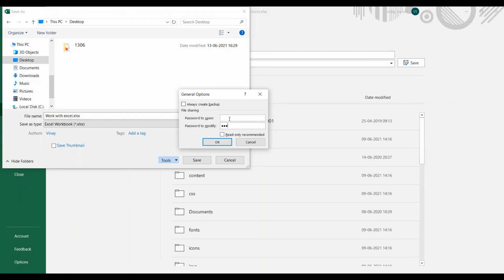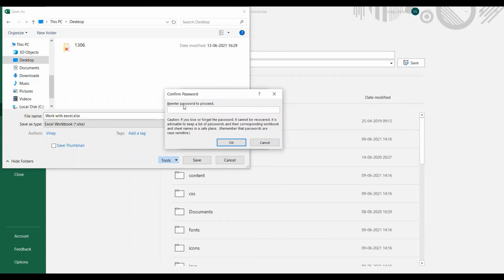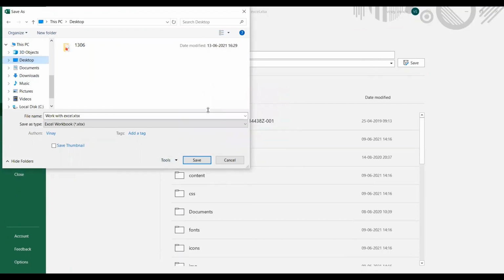Let's say I want to give the password even for opening. So I'm putting my password, a simple password 123. And for modifying also, let's say I'm giving the same password. Okay. Now again re-enter the password. I'll re-enter the password for opening and I'll save.